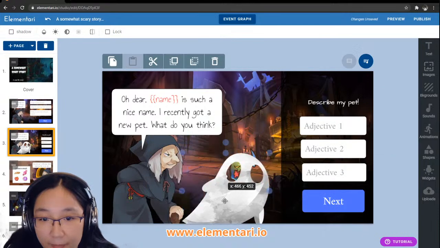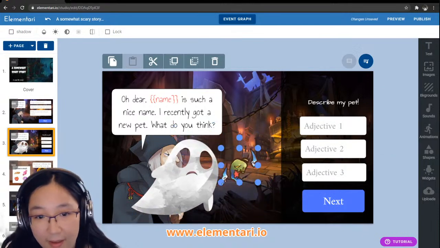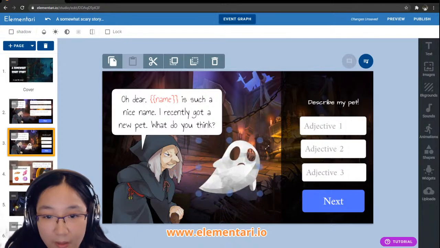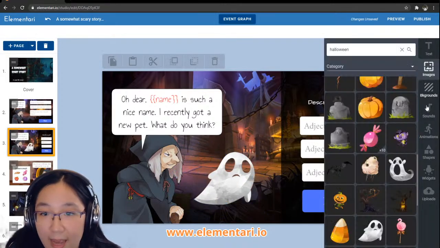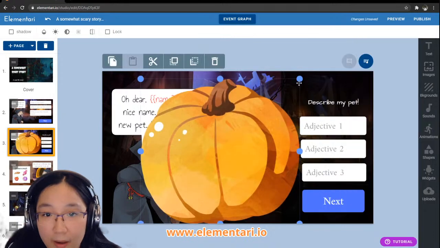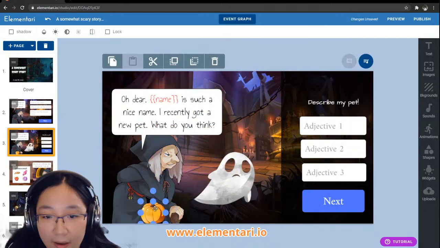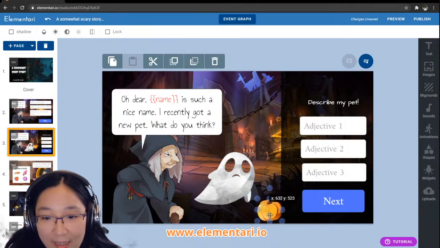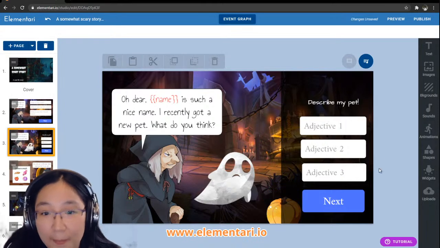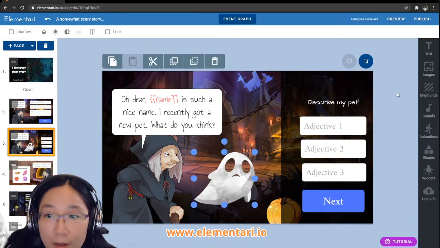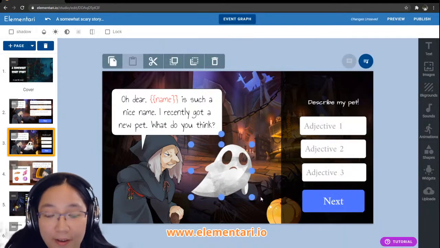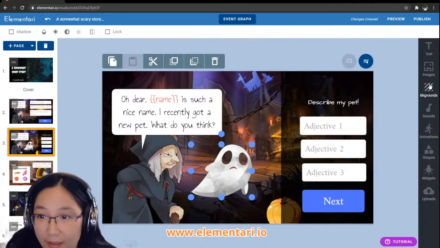Okay. Yeah, so we'll put this ghost here, and we can add, I don't know, we'll add some. Yeah, it looks pretty cute. Could we add a pumpkin here? Because we can. Okay, so maybe we could have this as the friend of the character.